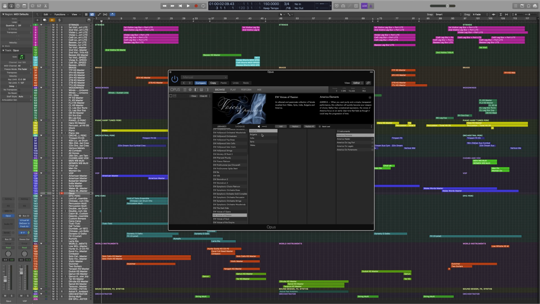So Voices of Passion is divided into 5 main folders. You have America, Bulgaria, India, Syria, and Wales. And in America, you have various words, as well as some sustains, both legato and portamento. In the Bulgaria folder, you've got some really cool breath articulations, as well as some phrases. And in India, you have just a lot of different phrases, same for Syria. And then in Wales, you have both some ah and o sustains, as well as a rather large selection of